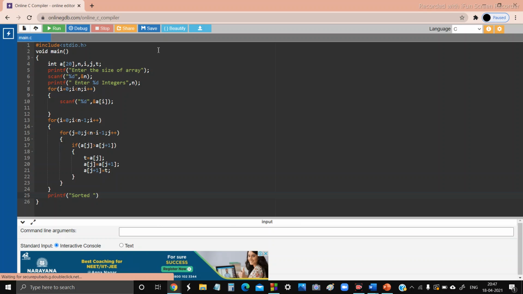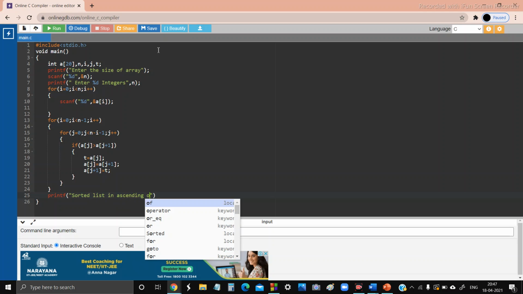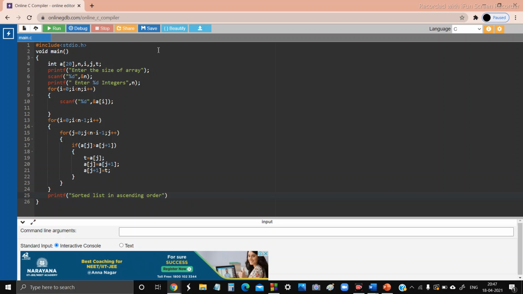Sorted list in ascending order. Add a semicolon. Then we are using a for loop here to print the input as well as the output that we are going to get now.